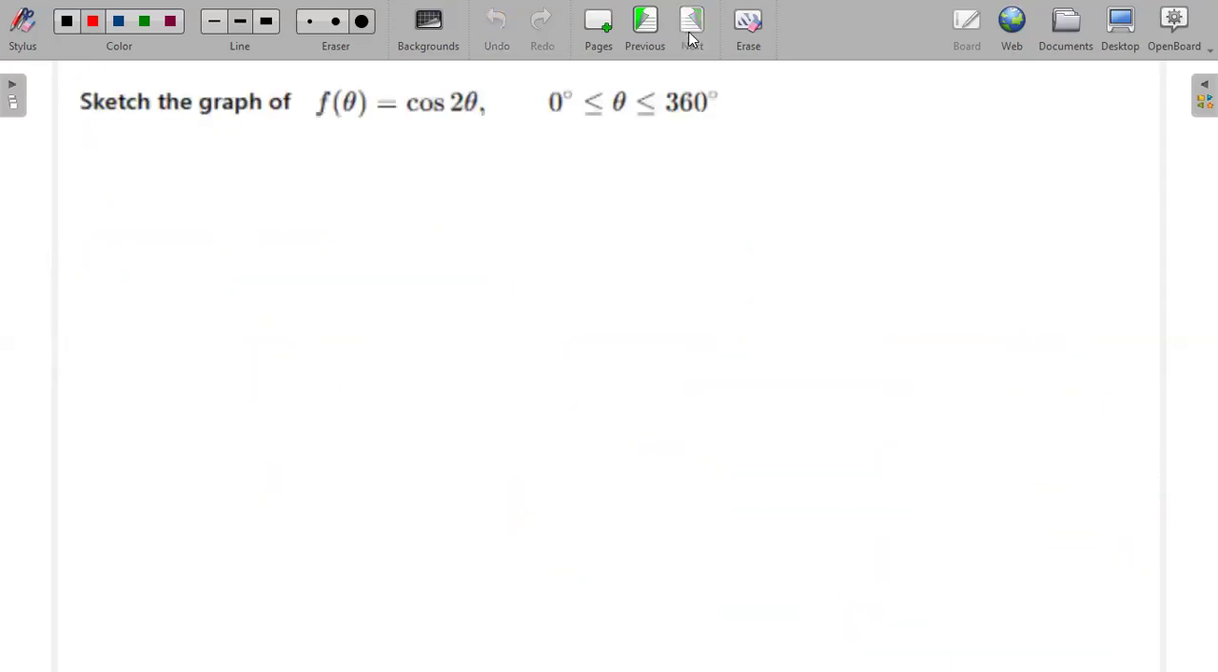Okay, let's look at the last question, which is on graphing. The graphing part says sketch the graph of f of theta is equal to cos 2 theta, with theta between 0 and 360. Before we sketch any trig ratio, we have to take note of the amplitude, the period, and then